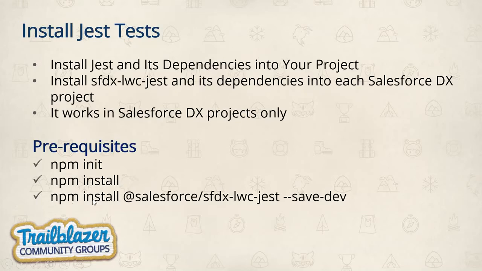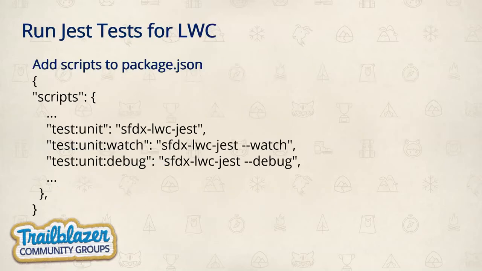And the third command is one you just have to run in your terminal. At the end of this command, it will create all the Jest related features in your project, so that you can run your tests within it. Now let's see how the package.json will look in your project. This is a part of the scripts.